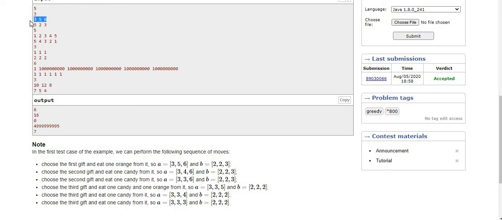So instead of 4 operations, one for the oranges and 3 for the candies, we can perform 3 operations only, because we can make one operation combined, which gives the minimum number of operations.